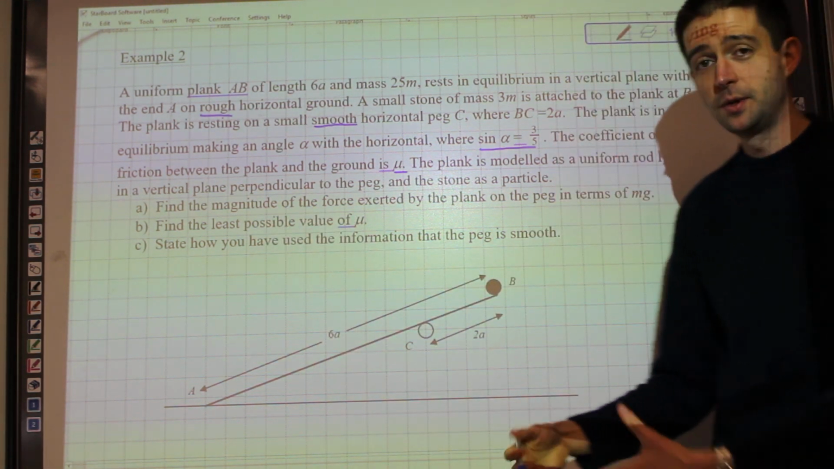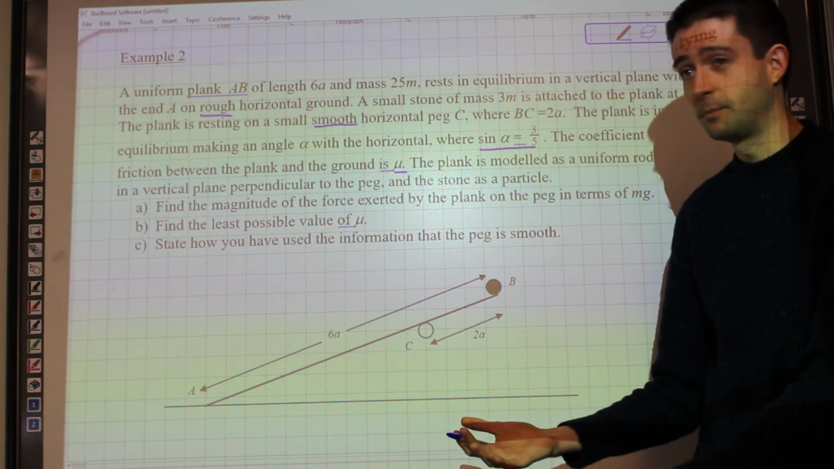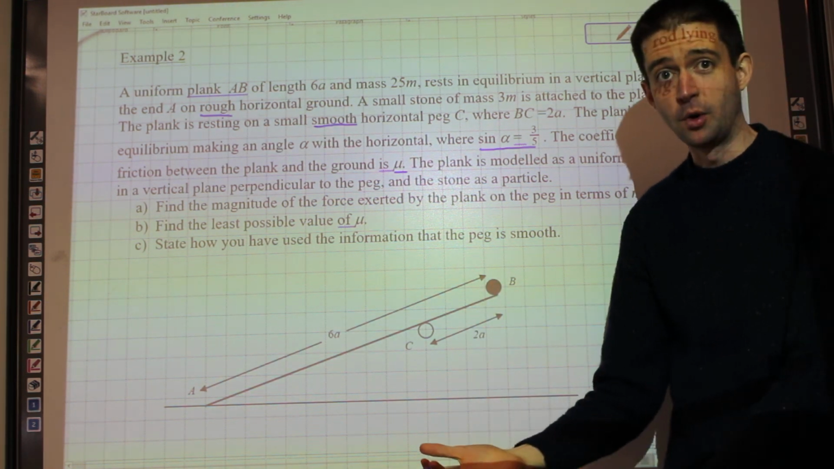What we are just going to do is we're going to find the friction at the point A, we're going to find the reaction at the point A, and we're going to